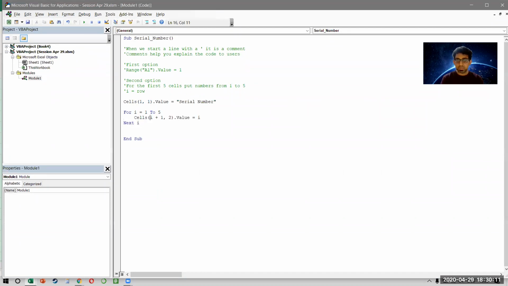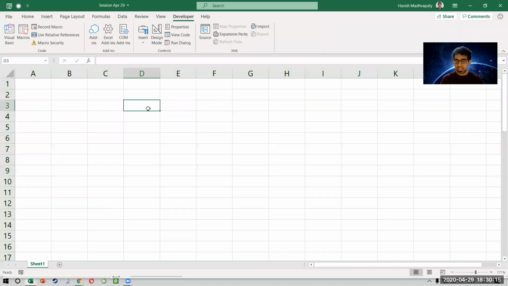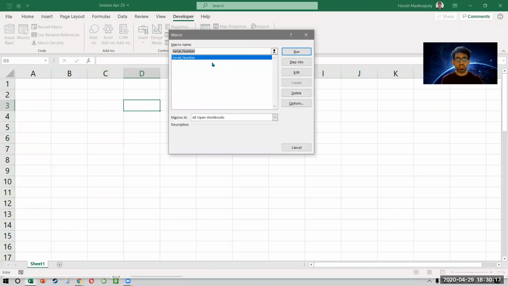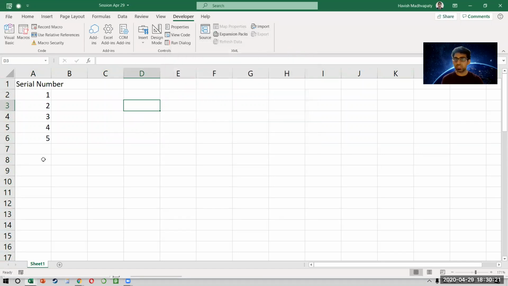So let me also change this back to my first column. So what are we doing now? Now the answer is a little better because it is not just running the macro and showing me the numbers. It is also saying serial number 1, 2, 3, 4, 5. Right? So you see how little by little you can keep on improving your code. So I hope that was a little clearer. See, it will become more clear when we do a few more examples with the same premise.